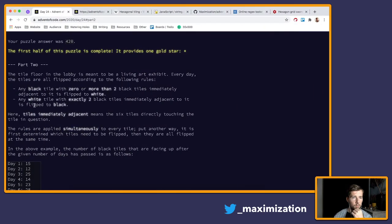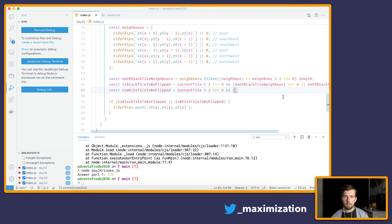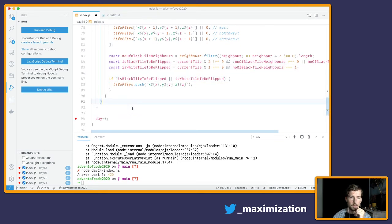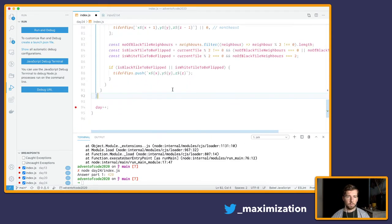And so what's the rule for white? Exactly 2. If the number of black tile neighbors is equal to 2, then we should flip it. So then at the end, when we figure out all the tiles that need to be flipped, we're gonna